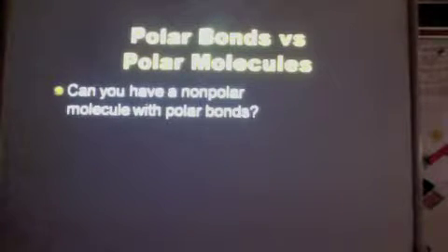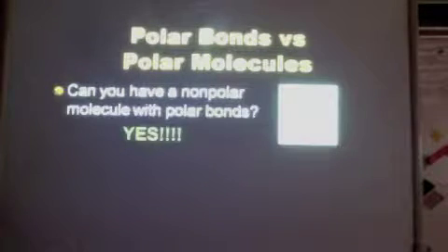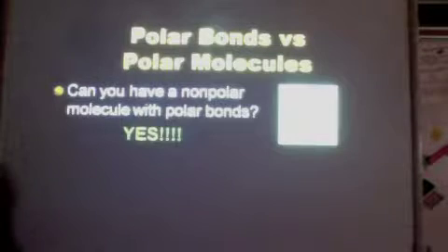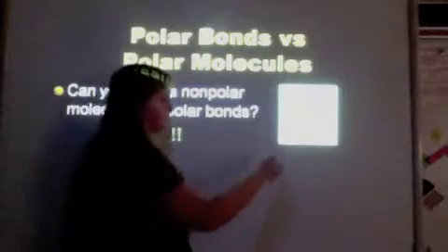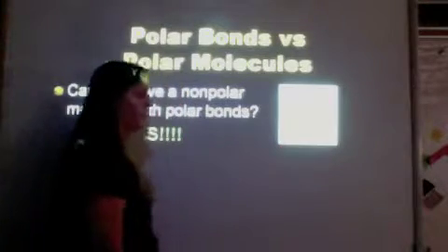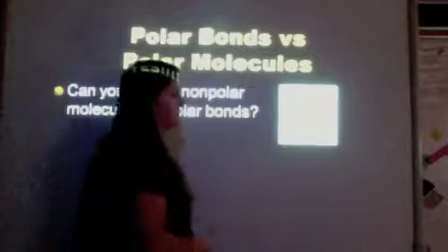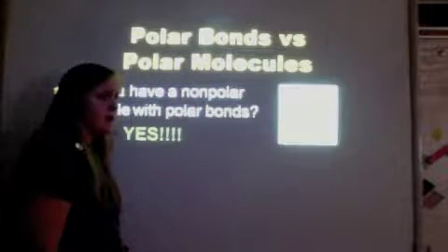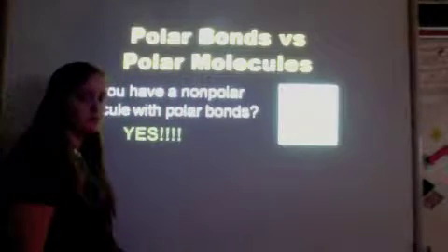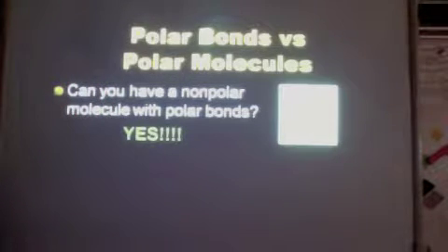Now, can you have a nonpolar molecule with polar bonds? The answer is yes. Because, looking at BF3, if you have boron in the middle and all the fluorines on the outside, which have the highest electronegativity, and all of those fluorines are pulling on the electrons the exact same way, it's like a tug of war where nobody's moving. Those electrons are not going to go anywhere. So therefore,